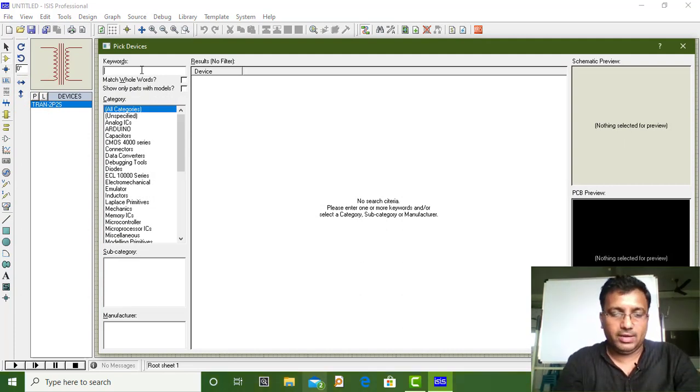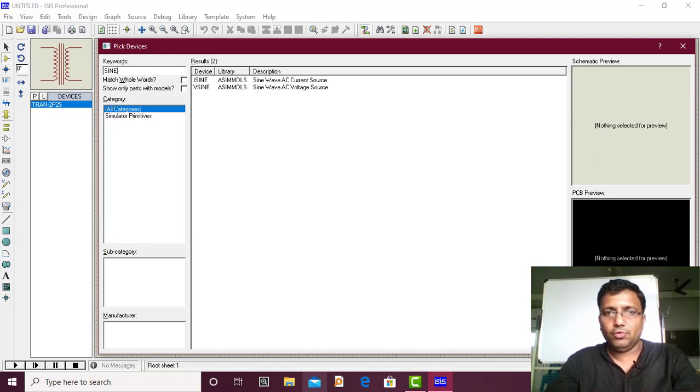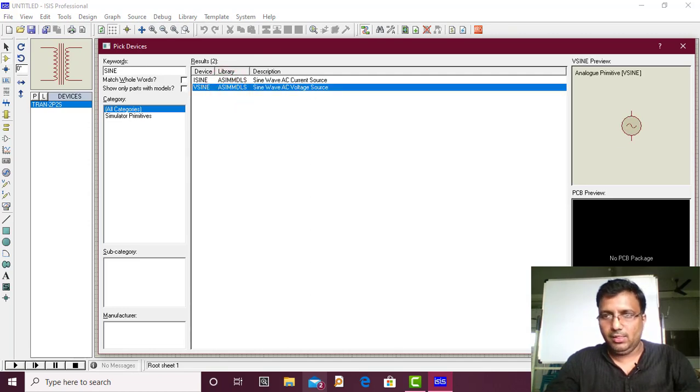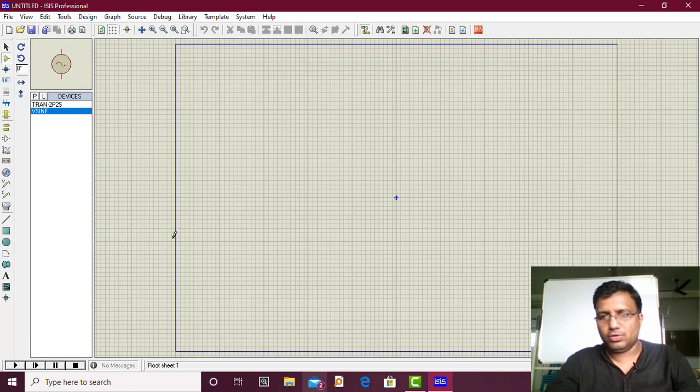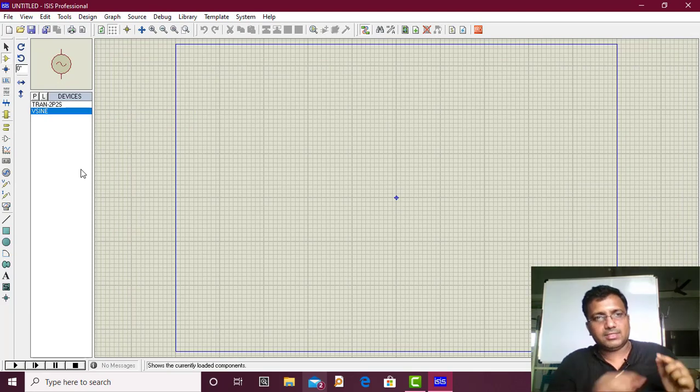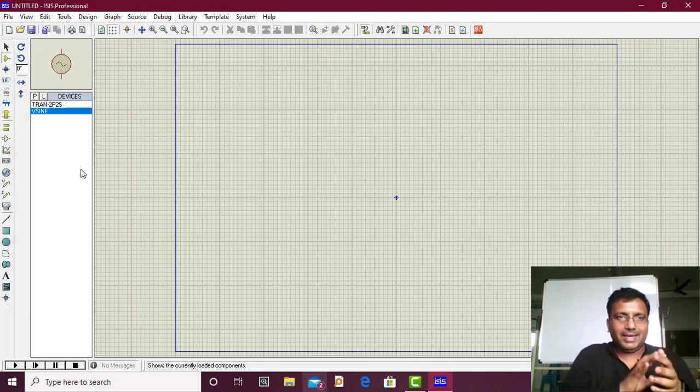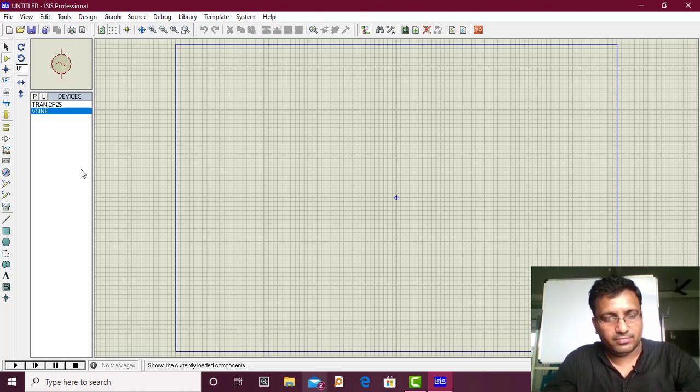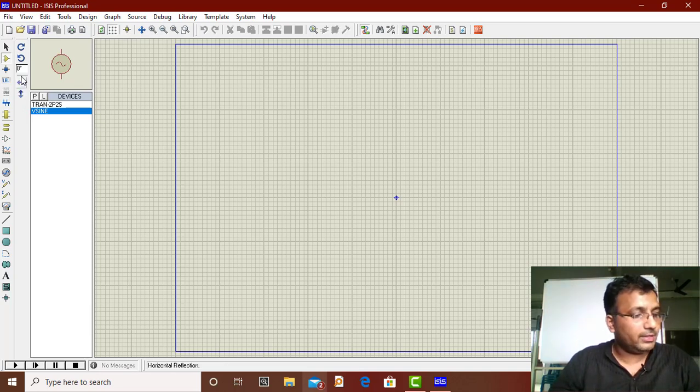Again go to parts, and then we require a sinusoidal input. I can put either an alternator or a sine. If you put a sine, there is a simulation model available. There is a sine model. So I can put a sine or I can put an alternator as well. The alternator has a facility to move that particular dot, but the sine does not have a facility to move that dot. So the animation for the alternator is different and the animation for V sine is different.